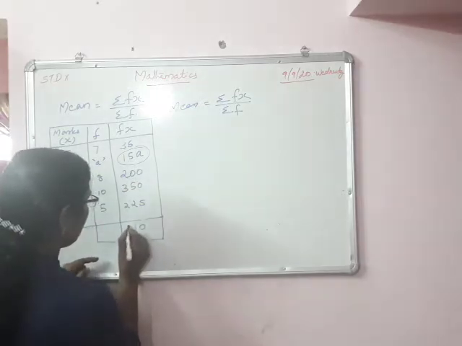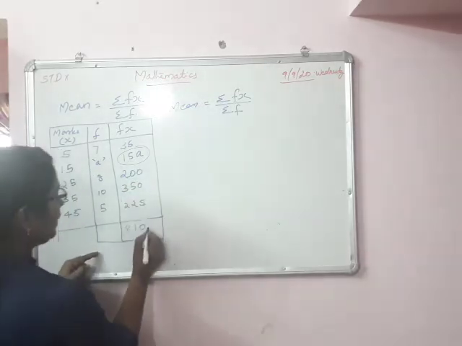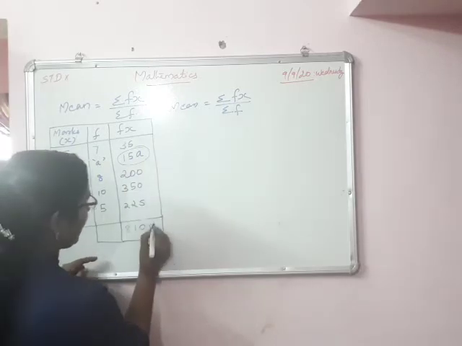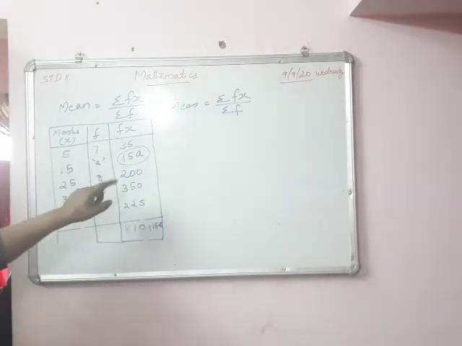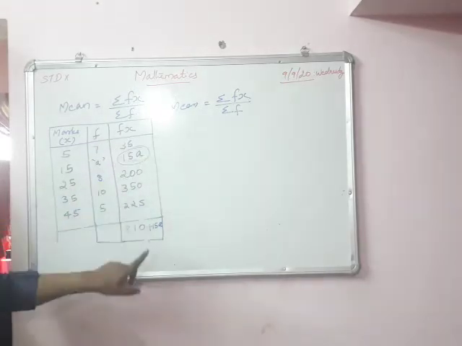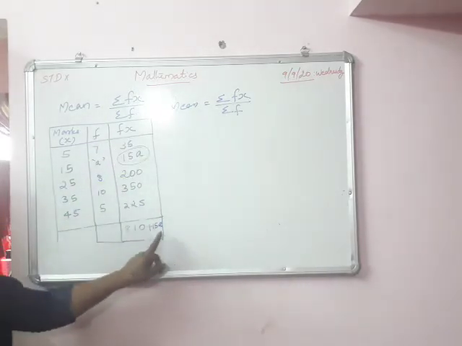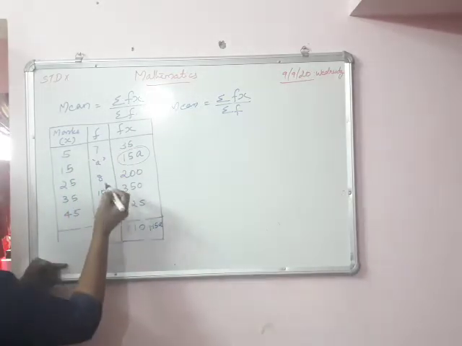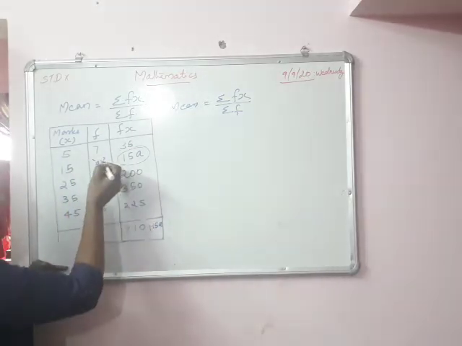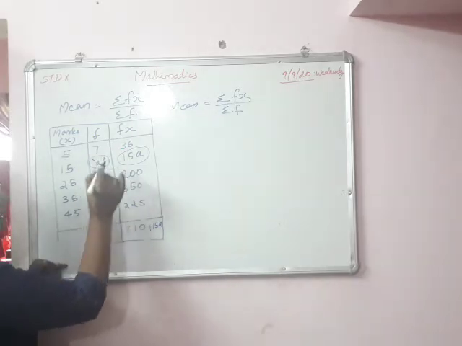Is it 810, then plus 15a? Okay, don't add it together. It is one with the variable, so don't add it together. 810 plus 15a, that is sigma fx. Similarly here, sigma f, that is the same method. Then how will it come? You may avoid this a from there later.